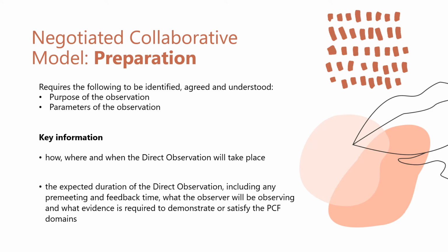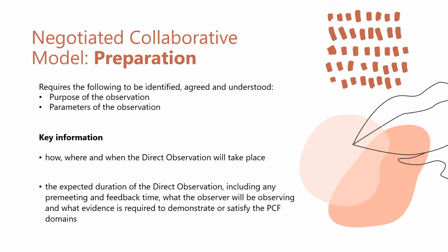A way that ensures that everyone has a clear understanding of what the purpose and the parameters of the direct observation is and how it will be evaluated is, in actual fact, to put it in writing to the student and then copy in the practice educator. Alternatively, you could have a three-way supervision, a face-to-face or Microsoft Teams verbal supervision where all of this is agreed, and what that will do is save time and everyone will have a very clear understanding of what is required. But I would still suggest that this is followed up in writing and shared with the